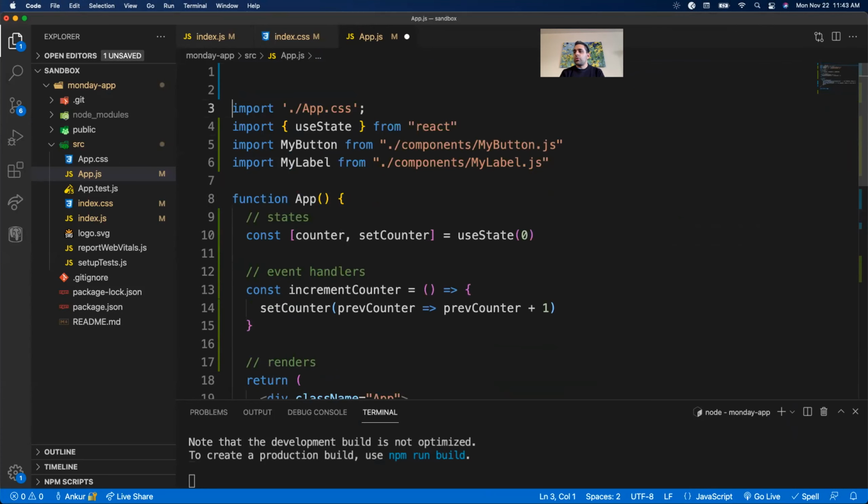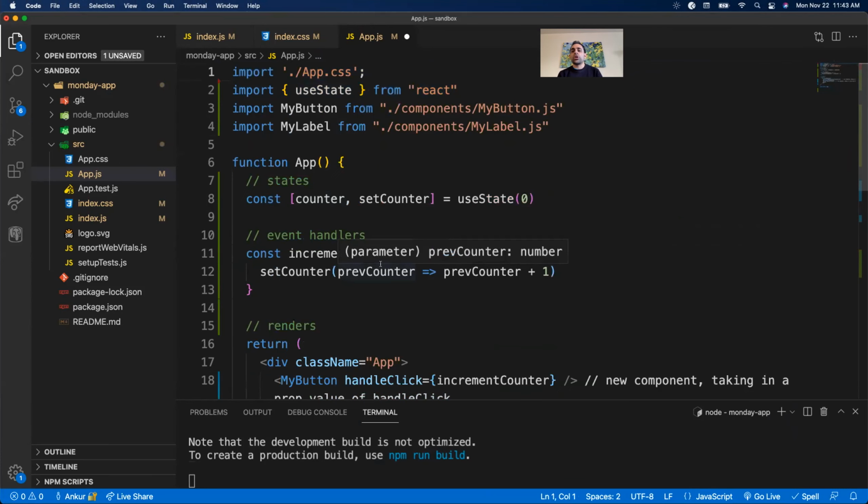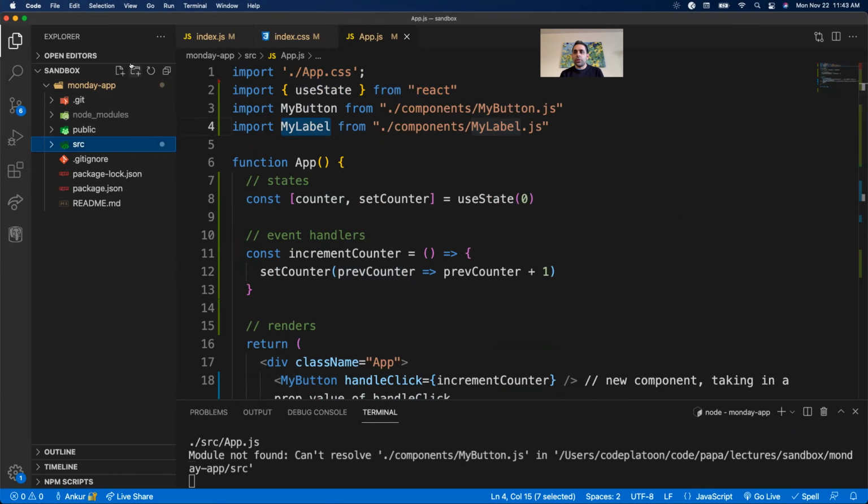All right, so what we've done here, we're going to create separate components for different parts of our application. And this is how React is meant to be structured, where you create multiple components and use them together. So in this case, I'm going to create a new component called my button, and another new component called my label. So to do this, I'm going to create a new folder in my source folder and call it